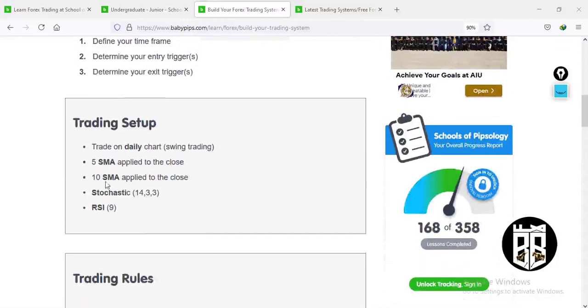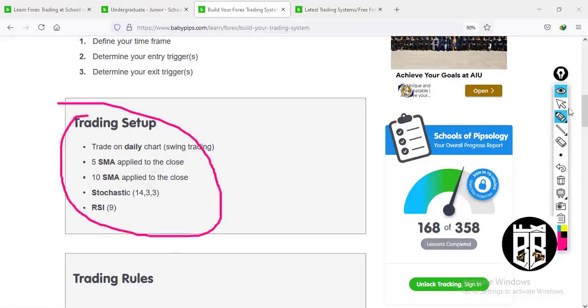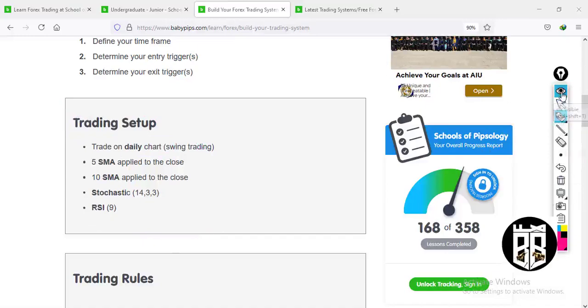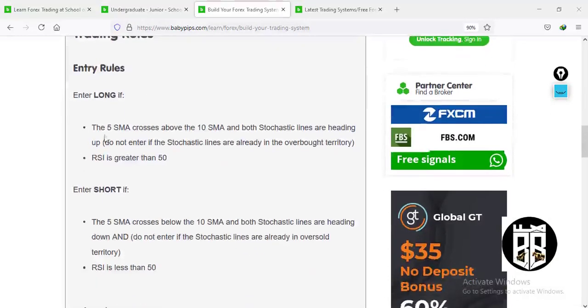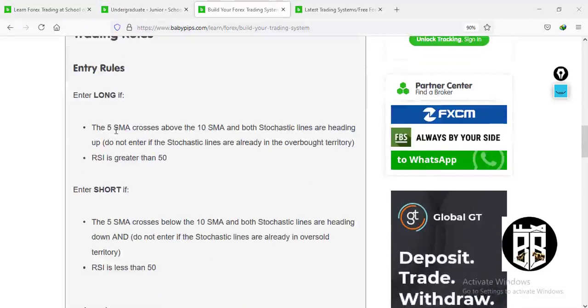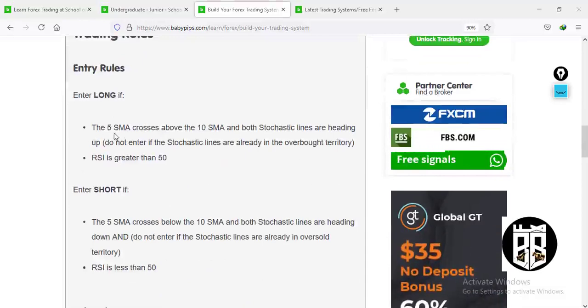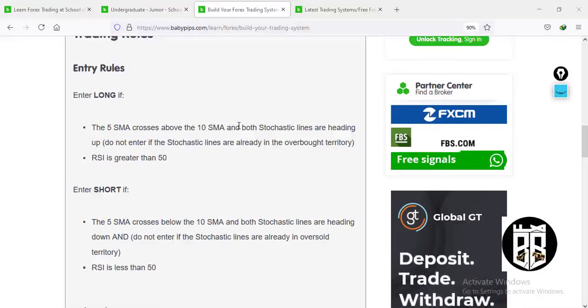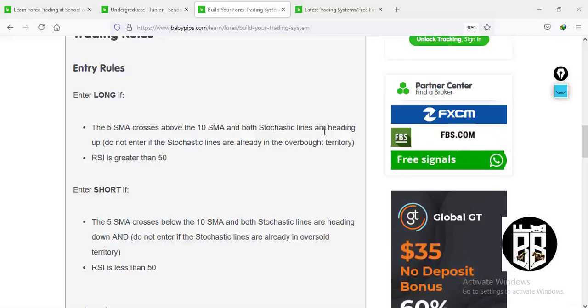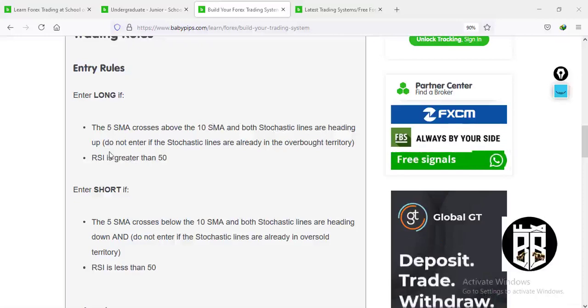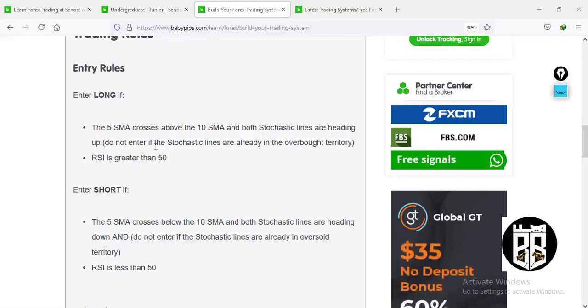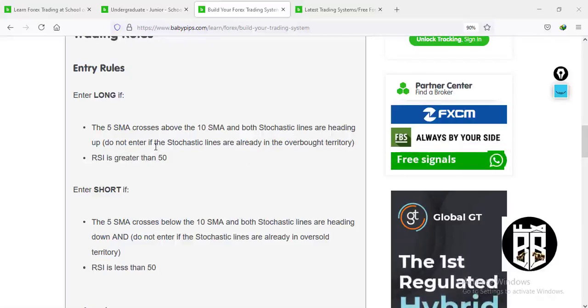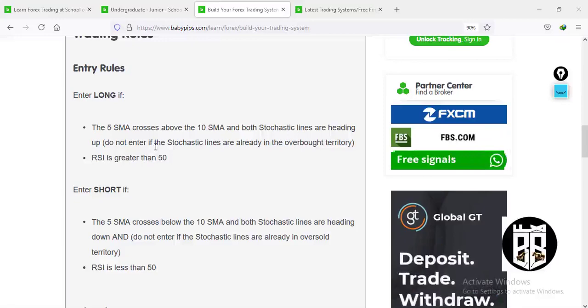Then the trading rules for using this trading system, because here is the trading system. So the rules for using this trading system on a daily time frame. What are the rules? The entry rules: you go long if the 5 simple moving average crosses above the 10 moving average, and both the stochastic lines are heading up. Do not enter if the stochastic lines are heading in the overbought region, and you go long if the RSI